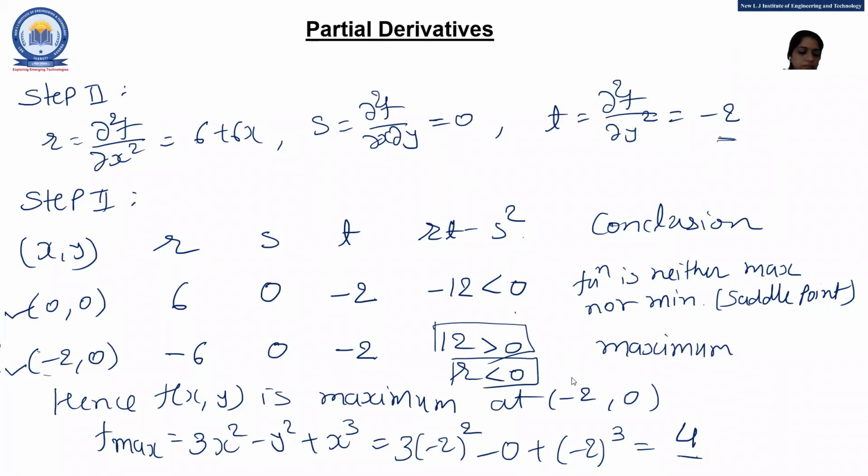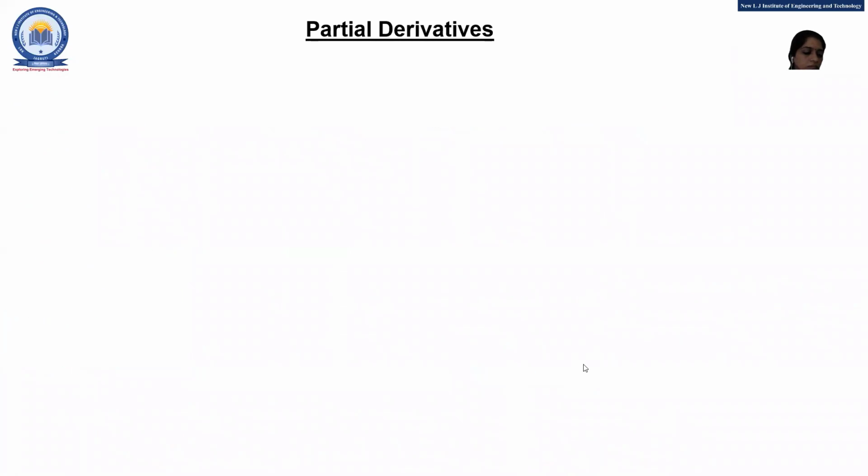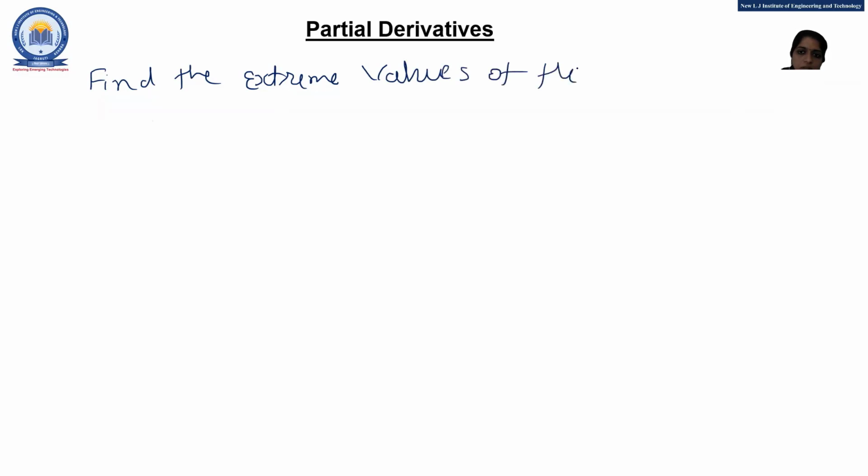That is, find the extreme value of the function f of x y is equal to